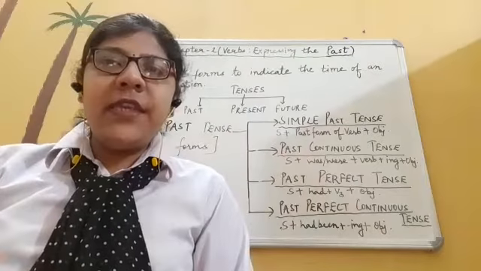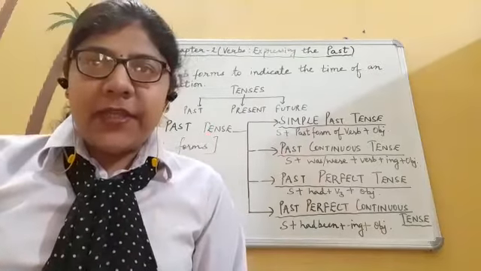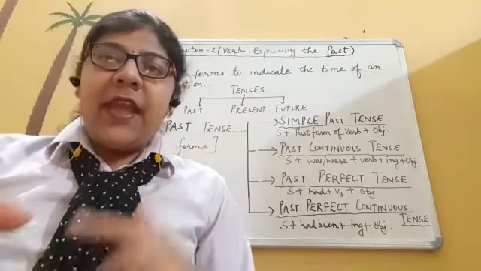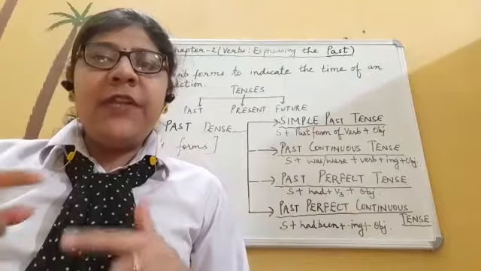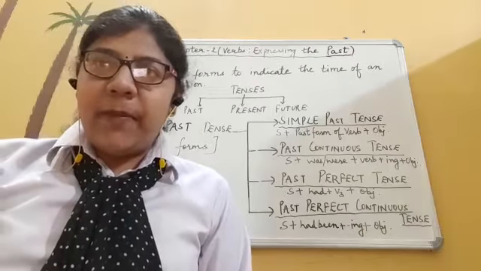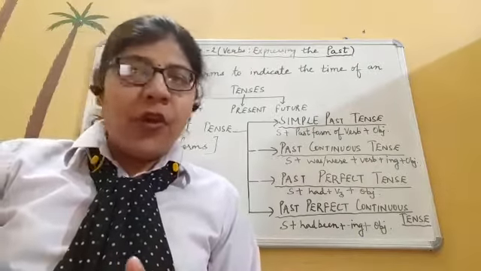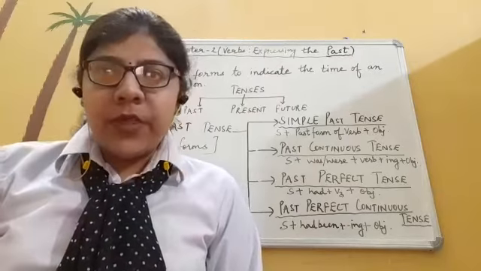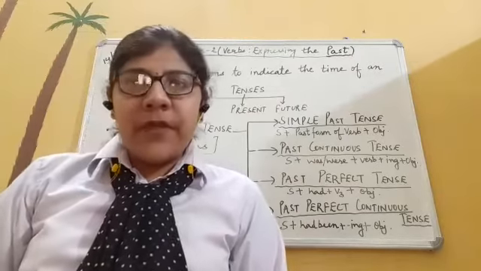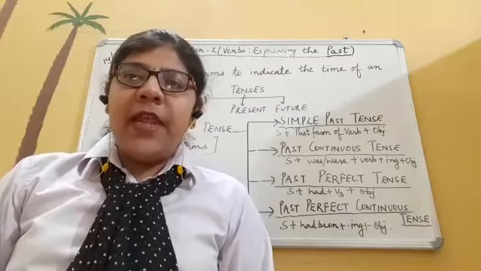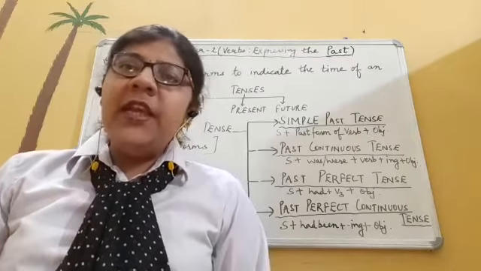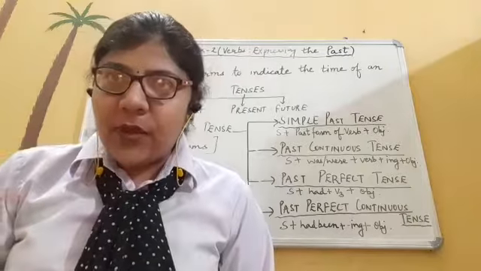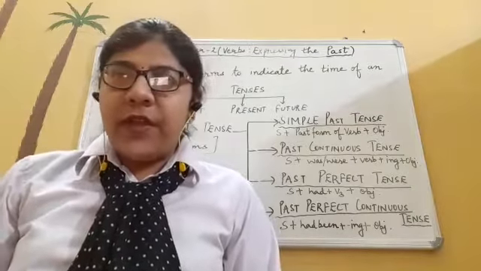Next one, if I say, I took part in the race yesterday. Now I am speaking another sentence. The action of taking part in the race is being spoken about, and it got over yesterday only. That's why I have used the verb took. Okay, so it is not 100% sure that the verb will end in ED or IED. Sometimes we need to use a special form of the verb also, like took, which I have used over here.